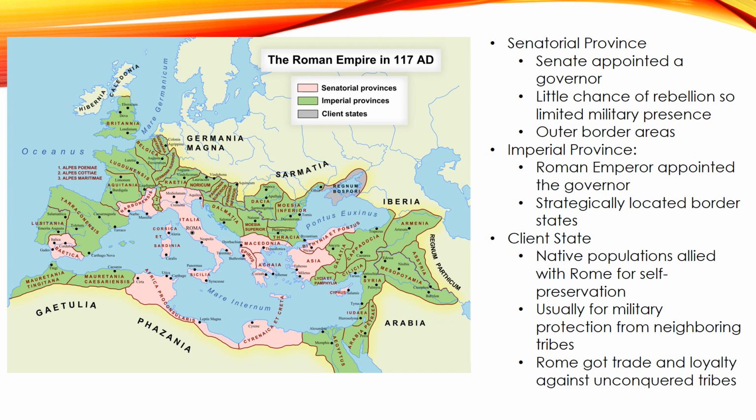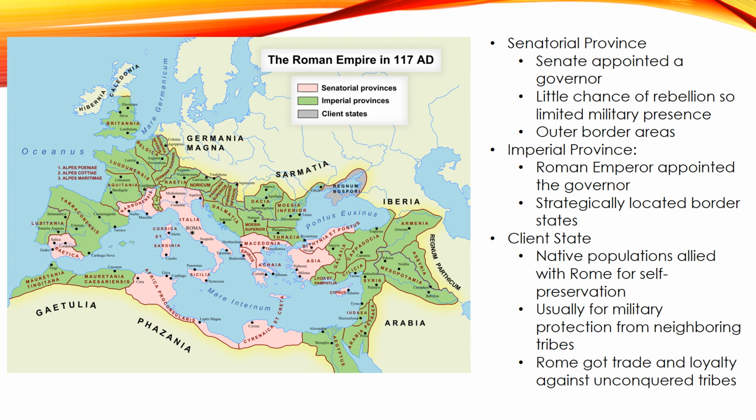Here's an explanation of the three types of provinces that were developed in the Roman Empire. You can see a map of the height of the Roman Empire, which was in 117 CE. The senatorial provinces were where the Senate appointed a governor. There was very little chance of rebellion, so there wasn't a lot of military presence